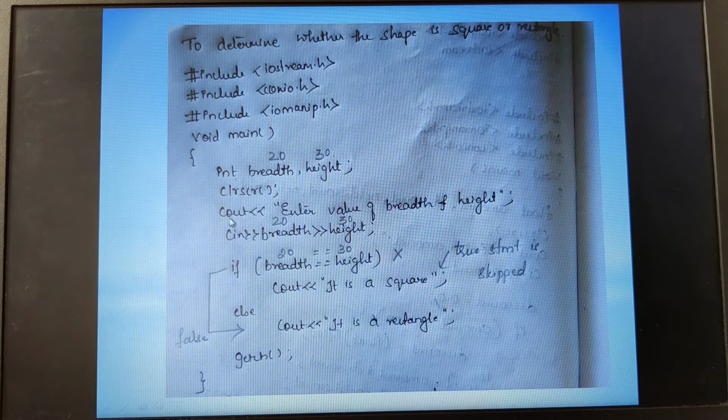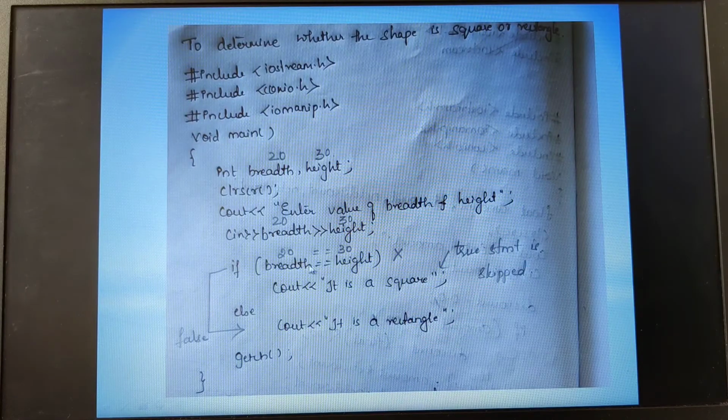Then with the cout statement I ask the user to enter the value of breadth and height. If breadth and height are the same, definitely it will be a square. If they are different, definitely it will be a rectangle. Therefore cin >> breadth, and after breadth the height, cin >> breadth >> height. Two values we are reading here.